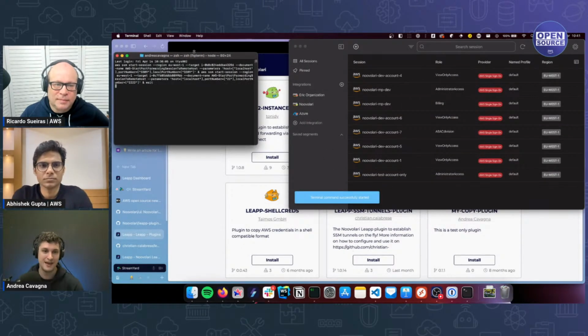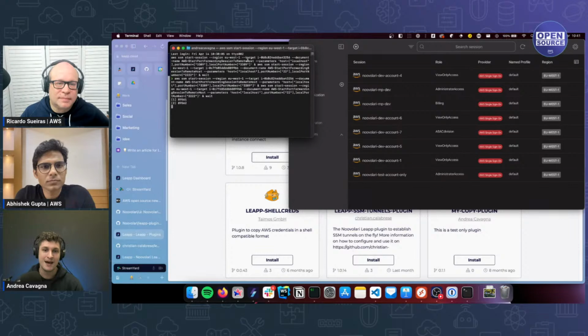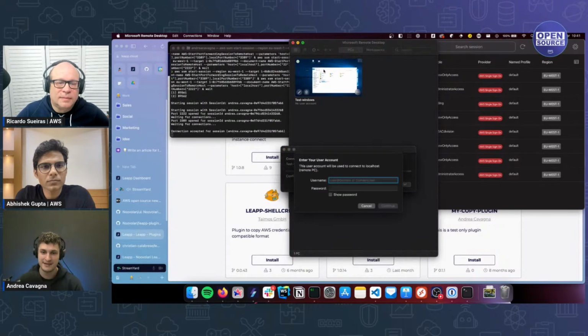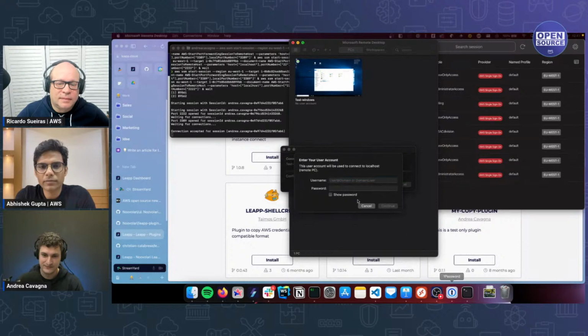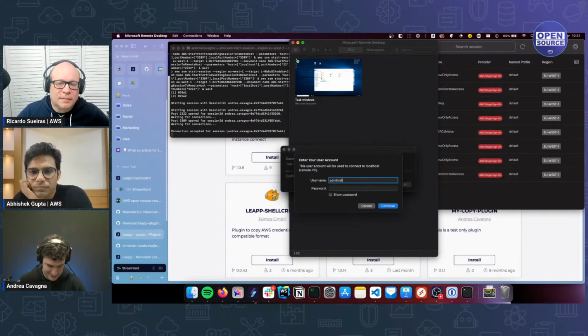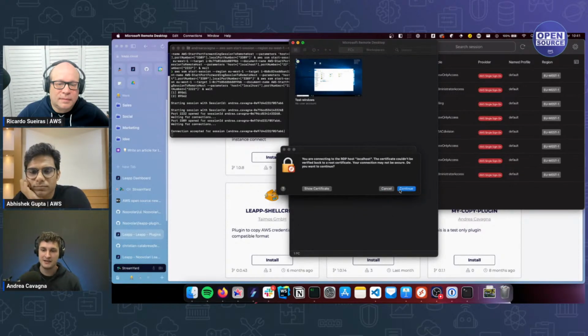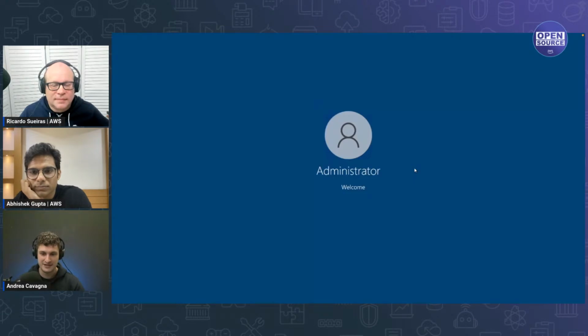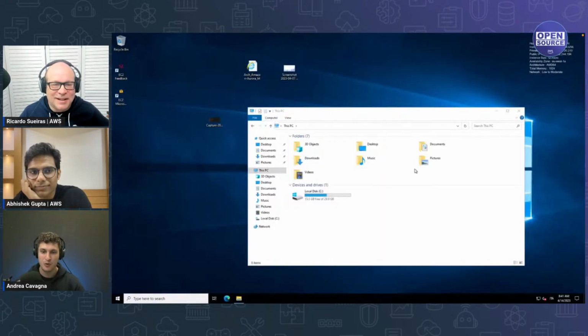So with Leap, I have a plugin that forwards 2 ports into my local instance, and from there I can access my EC2 instance. Oh, nice. Automatically from the app without any key, without any key pair, I'm into an EC2 instance. Whoa, that is nice.